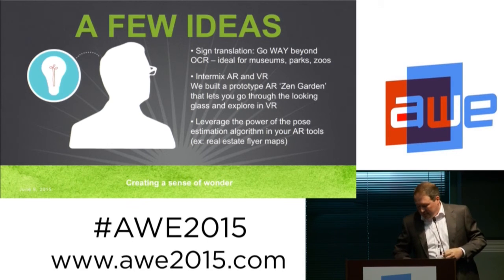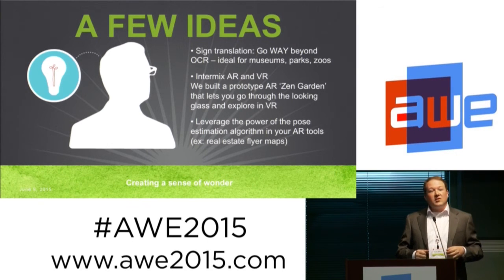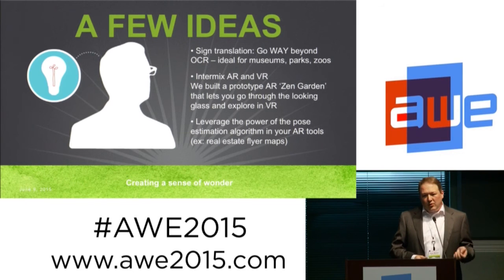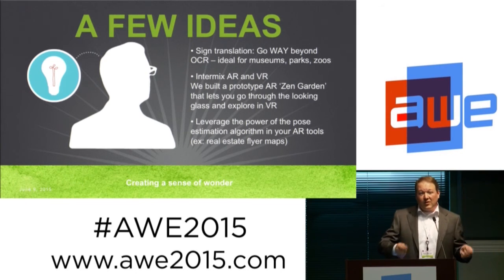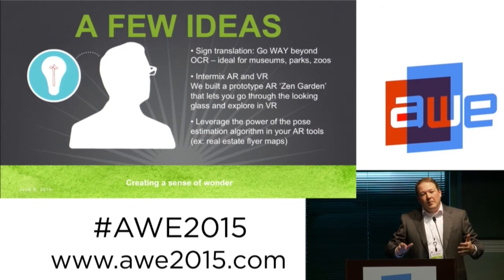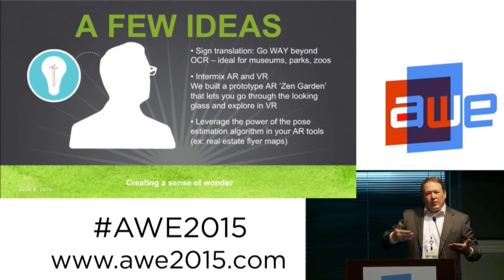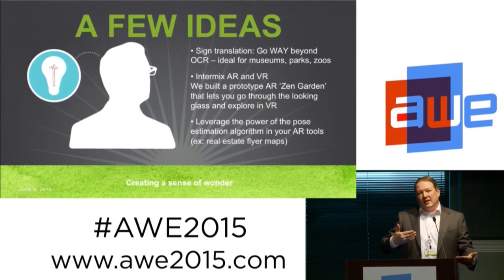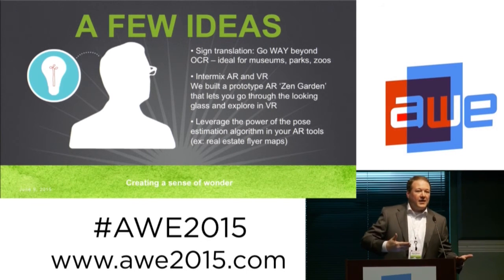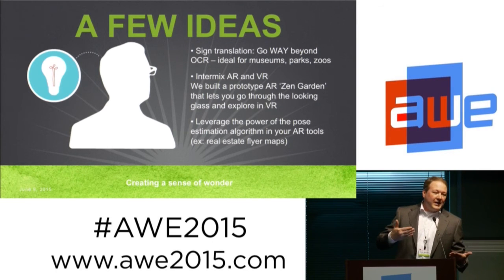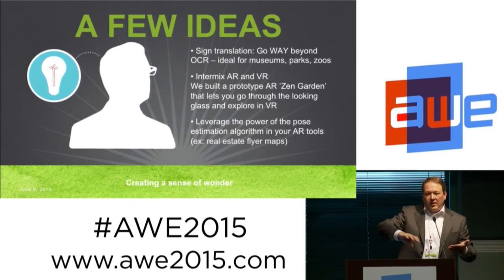And one last thing, in order to leave a minute and a half for questions, I'll just say, don't underestimate the power of the pose estimation algorithm. If you're a dev, you know what that is. And if you're not a dev, it's just the thing in AR that lets your mobile device know with almost pixel perfect accuracy where it is in relation to the thing you're tracking. And there is incredible power inside the pose estimation algorithm that can do a whole lot more than just pop up a character in wave. One of the things we've done with it is use it in real estate flyers to make these sort of helicopter flyovers of the home that you're thinking about buying just pop right out of the page, because it's quite difficult to move a camera in 3D space.